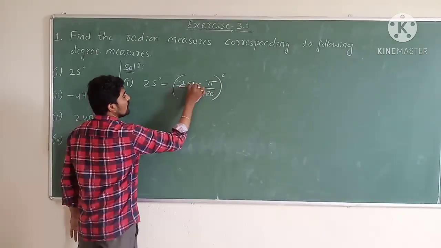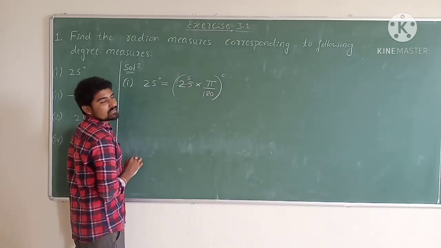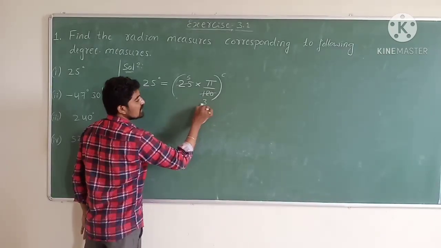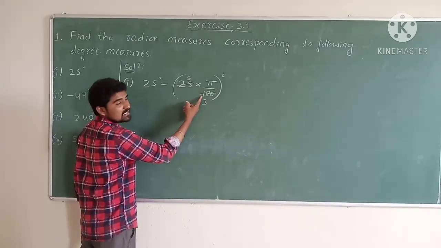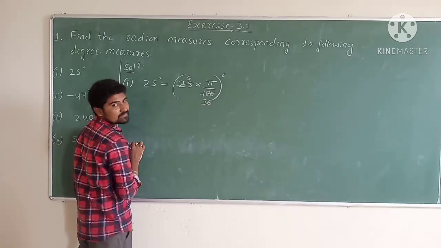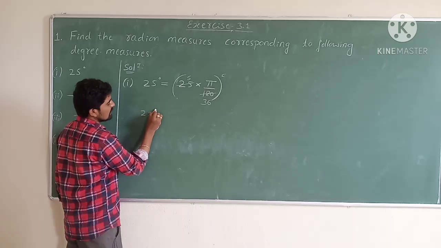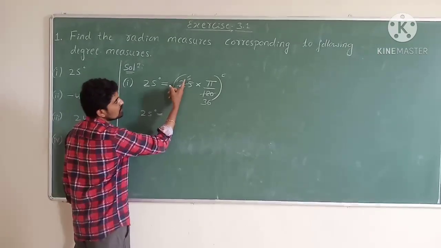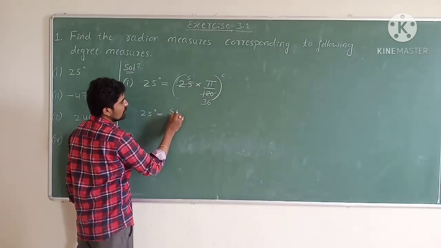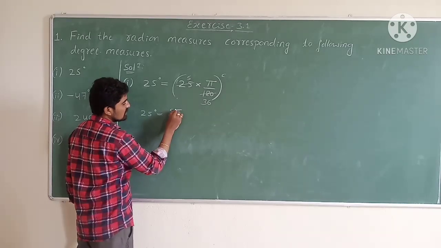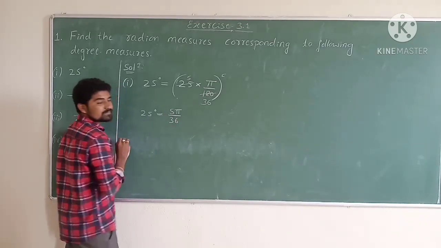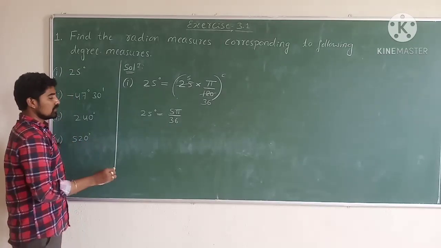Now 5 5s are 25, 5 3s are 15, remaining 3 30, 5 6s are 30. Therefore the value of 25 degrees is equal to 5 pi divided by 36 radians. Now the second question,